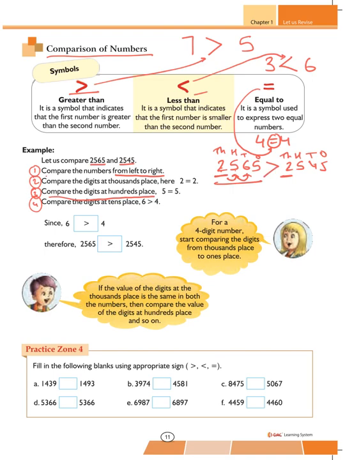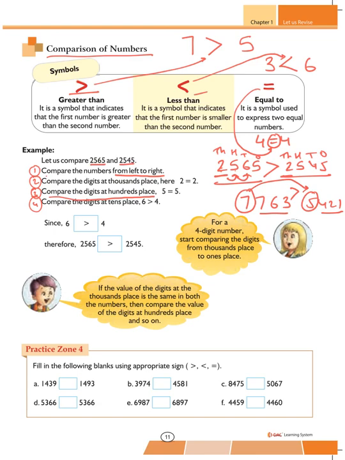So even if at one step we get a digit that is greater than the other number's digit, then the first number is greater than the second number. Suppose for example we had a number whose first digit was greater than the second number's first digit. For example, 7763 and another number, 5421. We will compare 7 and 5. Is 7 greater than 5? Yes. So we will just give the answer: 7763 is greater than 5421. We will not check the other digits because the first digit is greater than the first digit of the second number.